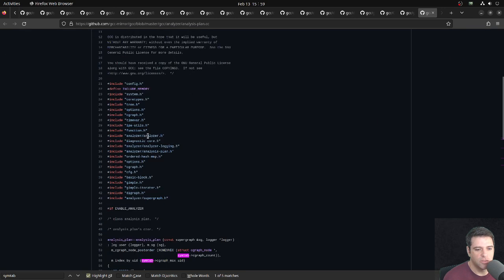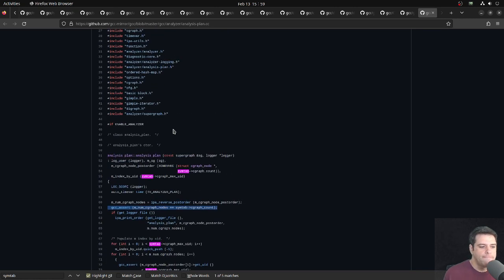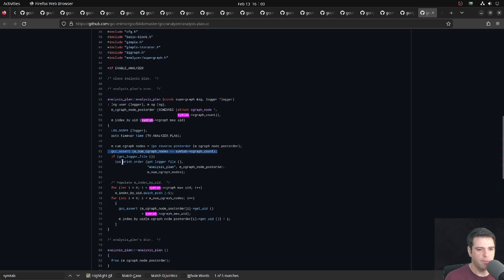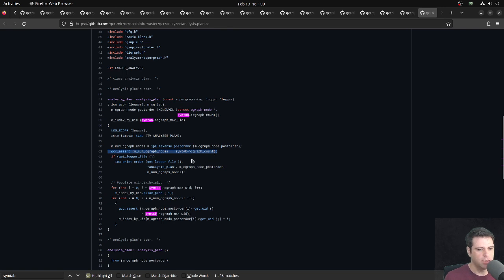And I guess, okay. So analysis plan analyzer. So this is, I guess, some sort of code analyzer, maybe like a static analyzer. And so it includes Gimple. I'm just trying to think, what is the API like for building a GCC based static analyzer? Or like, I guess what I mean is building a static analyzer that leverages GCC